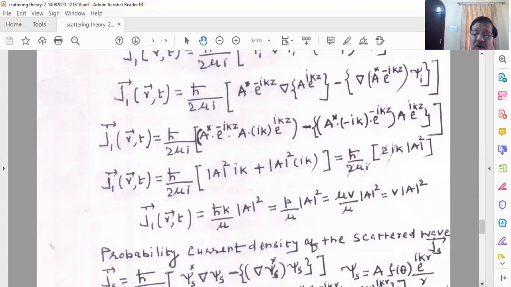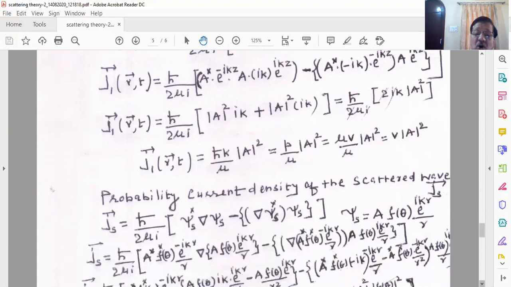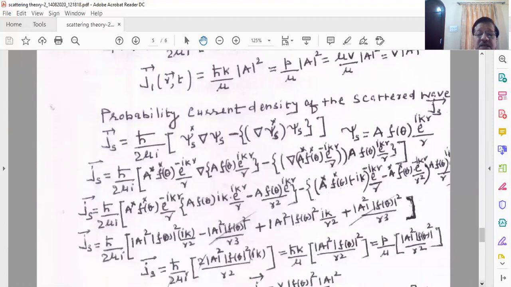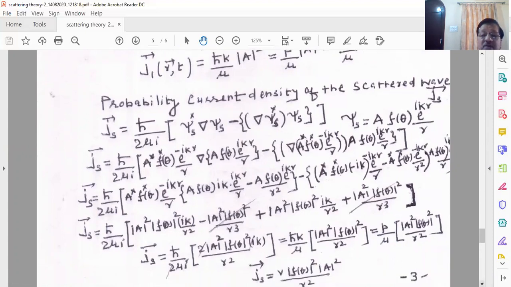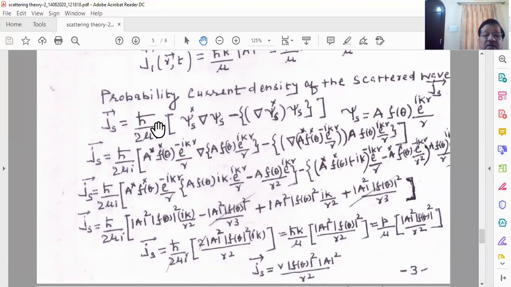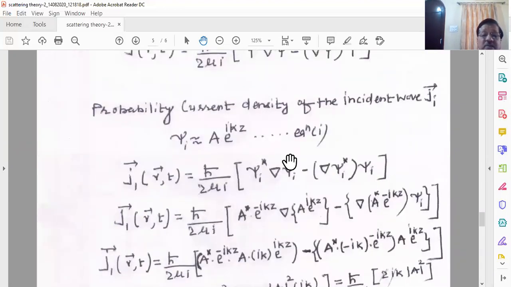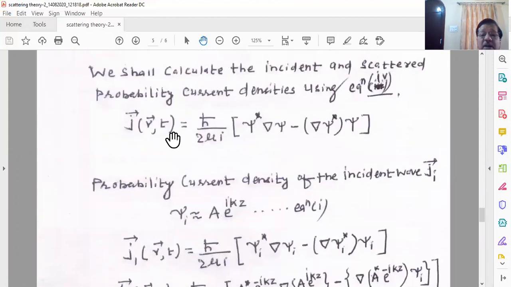And now we will find out the probability current density of the scattered wave. Let us do this calculation and see each step. I wrote it here specifically to show you how you can derive the probability current density of the scattered wave. Look at this expression. This is the general expression which we have already derived in second year BSc. I am rewriting it here. If you want to find the scattered wave, wherever J appears you write J_s.